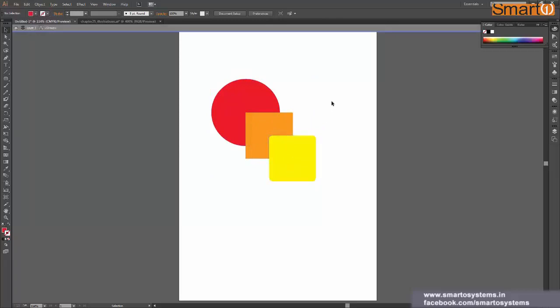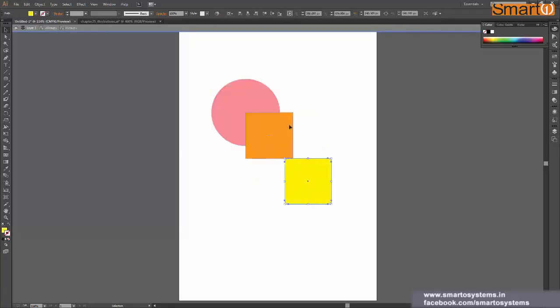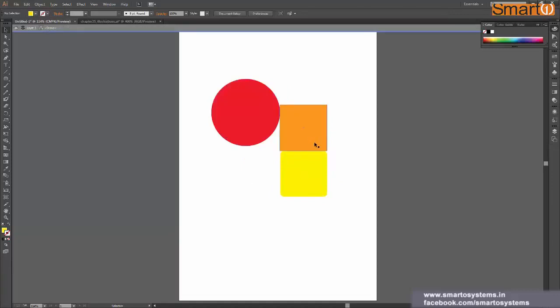Furthermore, you can even have one more group inside this. You can go inside one more group, make modifications or changes the way you want, come back to the parent group and make changes, and then come back to the main group. So this is called nesting of groups.